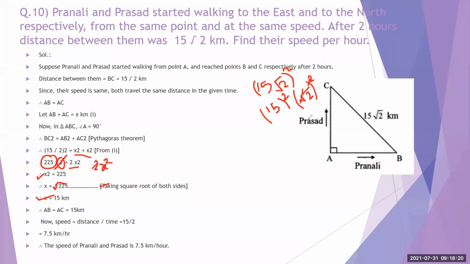मैम 7. हाँ बोलो. 7.5 कैसे आया? हाँ. अरे बाबा, this is 15 divided by 2 है ना? Distance upon time, right? What distance we get? We get distance is equal to 15. Time we are already given in the question, that is equal to 2 hours. 2 hours time is given to us, and since the formula for speed is distance upon time, so distance is 15. We just found it out, and time is equal to 2.